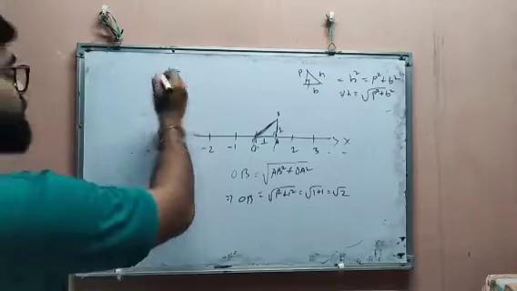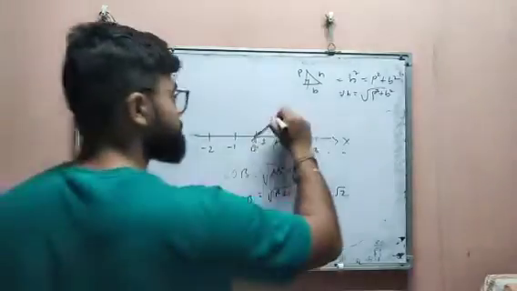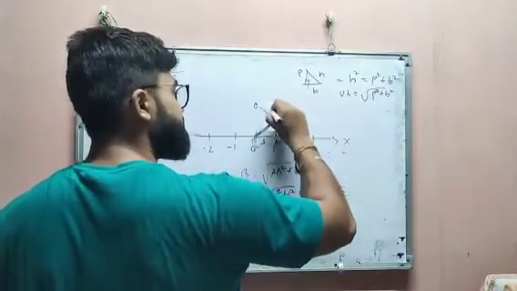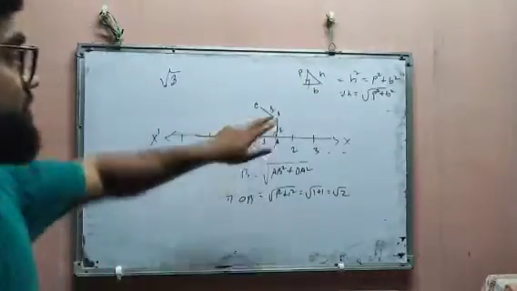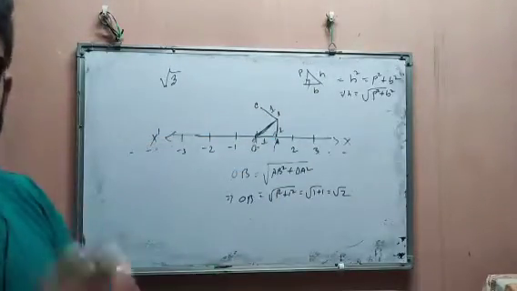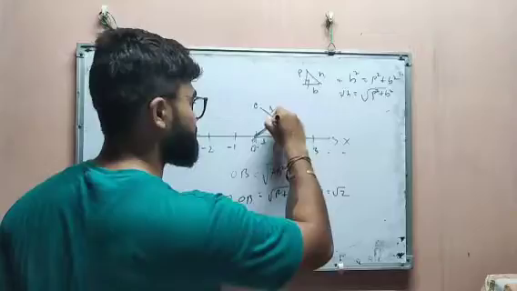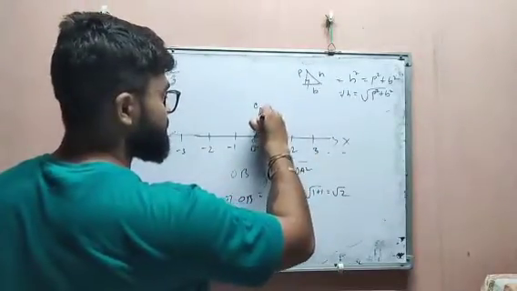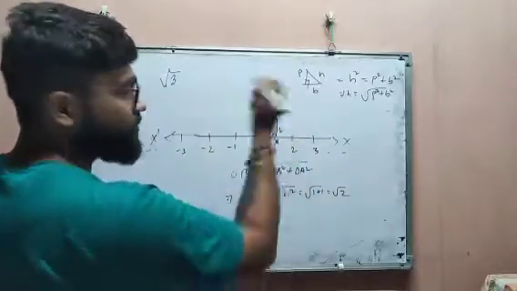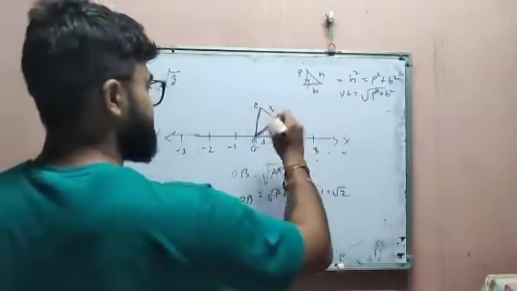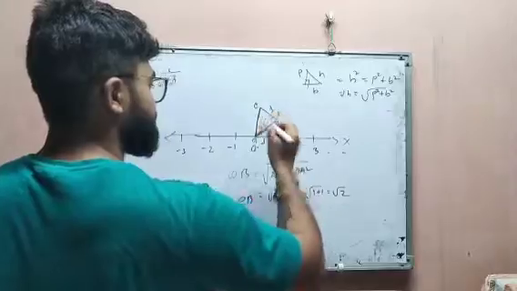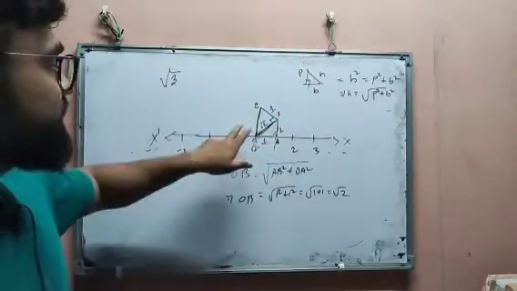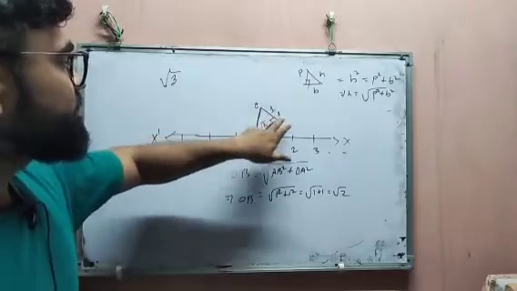Okay, so what do we need to take? We have to draw another perpendicular from the point B, having 1 unit, at a 90 degree angle. Now we join this one. This is OC. So clearly this was √2. We got OB value as √2. Now OB is the base for this triangle OBC.